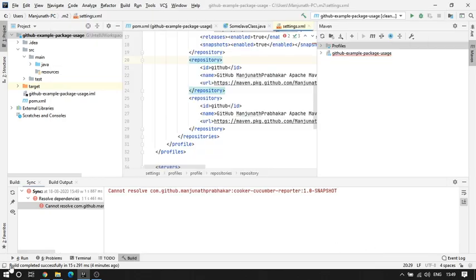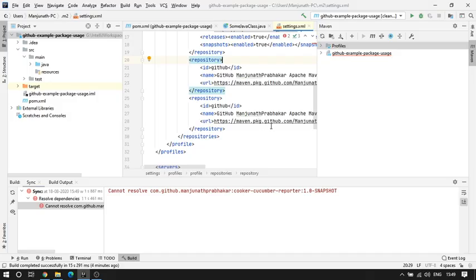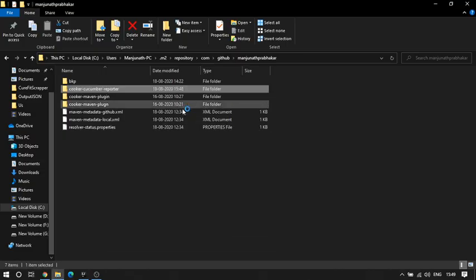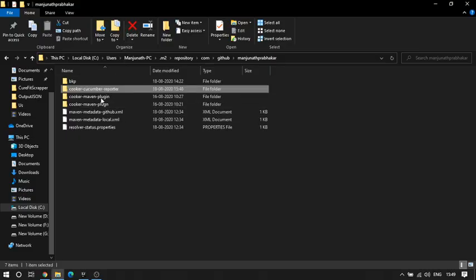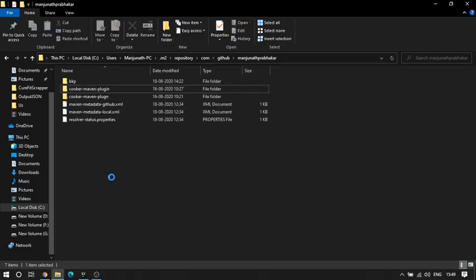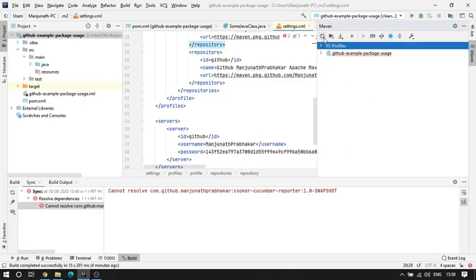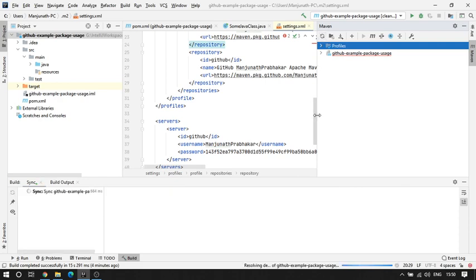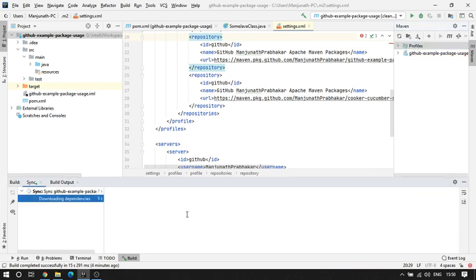Okay, before I do the clean verify, since we have already run the Maven refresh before we properly added our access and everything, I'll delete this one because this was not downloaded properly, right? Okay, now I don't have anything. So now I'm going to give Maven refresh again. Hopefully it should get downloaded, because nothing much, right? Okay, it is downloading dependencies.